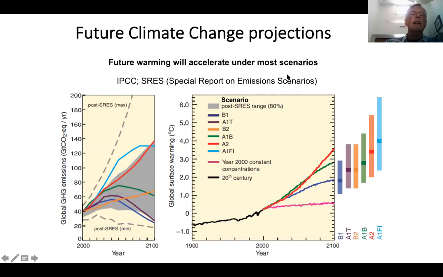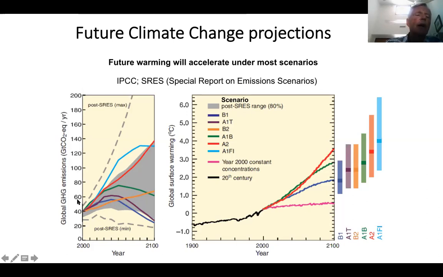Given that the emissions are now pretty much demonstrably responsible for the past changes, they've asked the question, what's going to happen in the future under different emission scenarios? And here are, in the panel on the left, from the IPCC report, or a synopsis of it, at the time that this analysis was actually done, which was in the early 2000s, we have